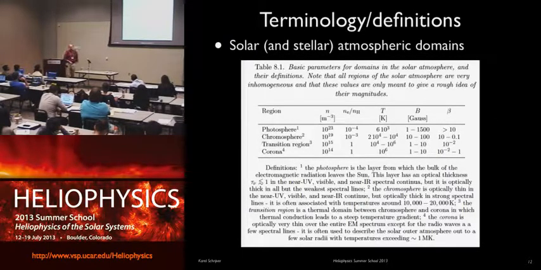The corona, by the way, is a vacuum that's a higher vacuum than what we call outer space when we think of the orbit of the International Space Station, for example. There's hardly anything there. The only reason I can show you pictures of it is there's a lot of it in terms of volume. Density is very low, volume is very large, so the little bit that radiates is still visible. Temperatures, that's another interesting one, of course. As you probably know, the temperature goes up by almost a factor of 1,000 as you go from the photosphere into the corona. That's part of the problem we're trying to understand.